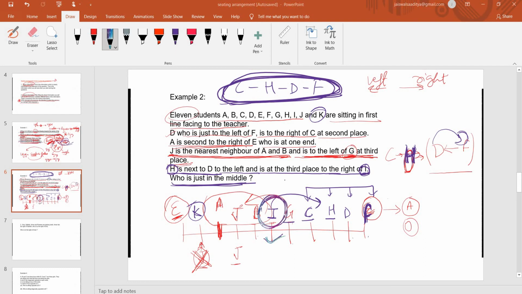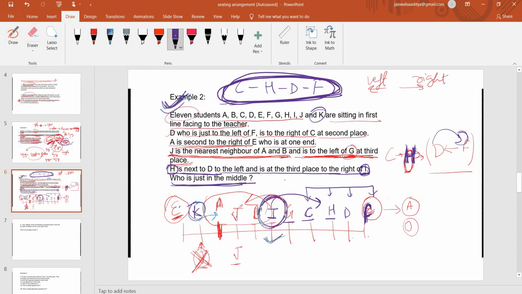Okay, one more thing I'm going to tell you guys. In the exam, this question will come in so many ways. They can ask who is beside K, and who is in between A and E. They will give you just one question, but from that one question they can ask so many questions. They can arrange so many questions also. So you should be clear about all the things. That's the only important thing in this question.